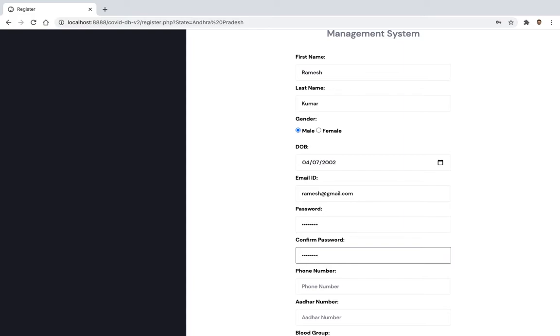If we enter an invalid email ID, the registration fails and an error message pops up. Also, the password that we enter must have at least one uppercase letter, one lowercase letter, and a digit, and it must be at least 8 characters long.